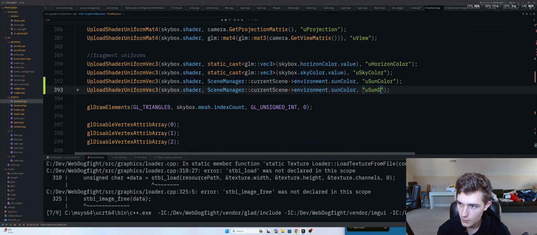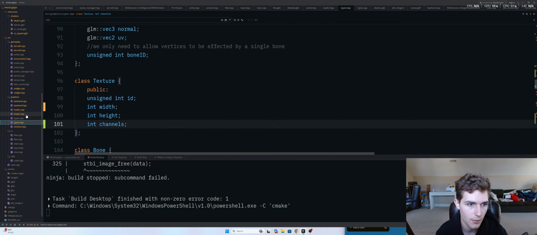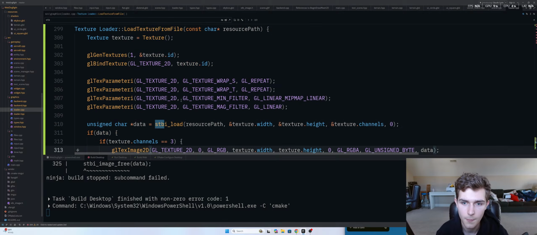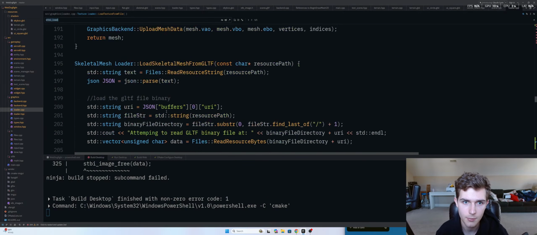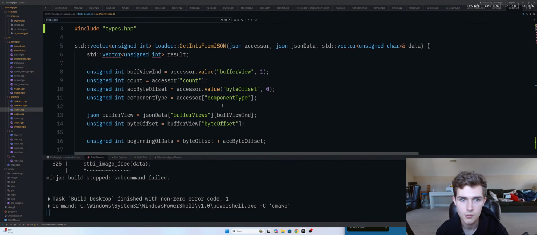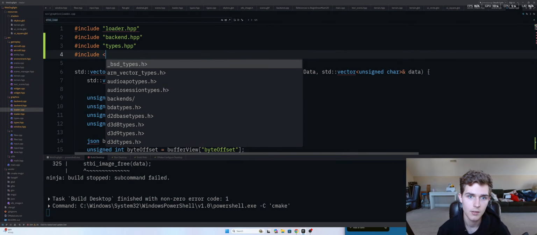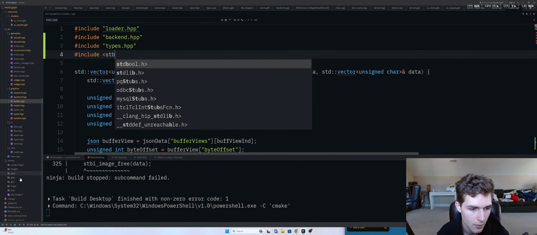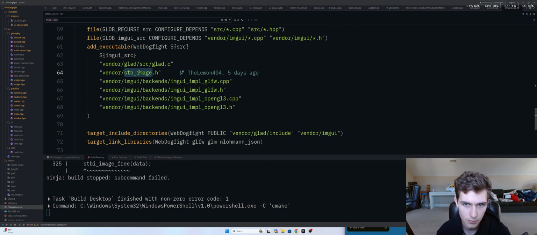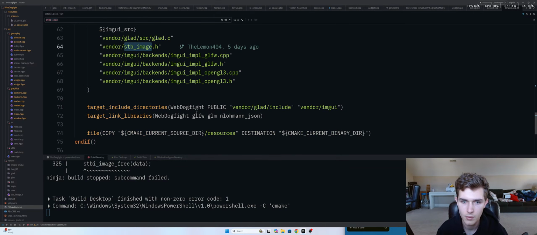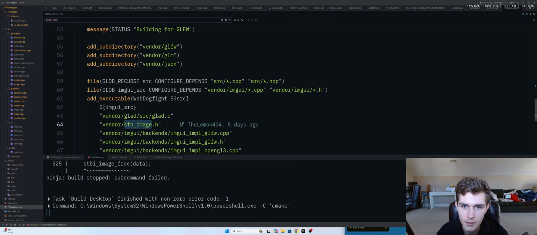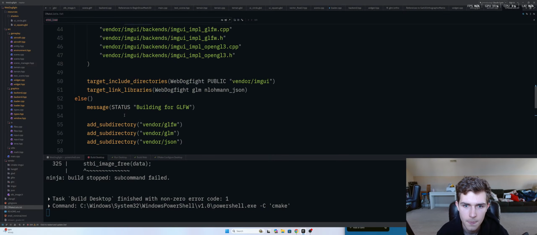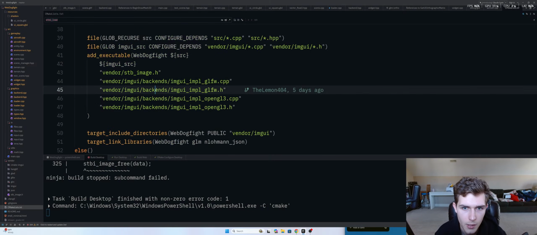So, I think we already have a sun direction. And that should work, actually. Although, I don't know why this is not. Let's see, loader, STBI. Are we not including it? That's probably it. We're just missing the header somewhere. Let's see. Yeah, there. STB. What? This is in the executable. Include libraries. What? Why are we not? Why don't we have